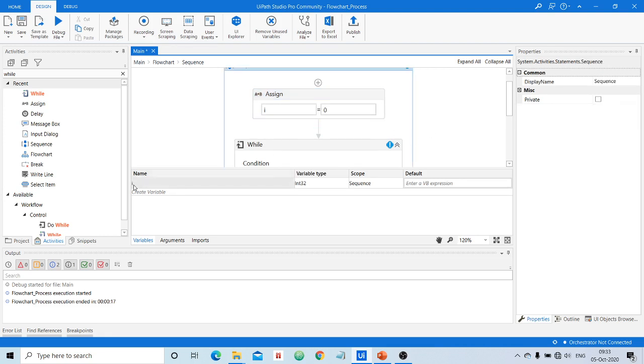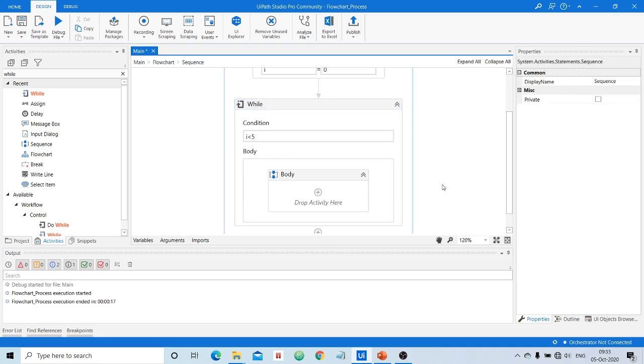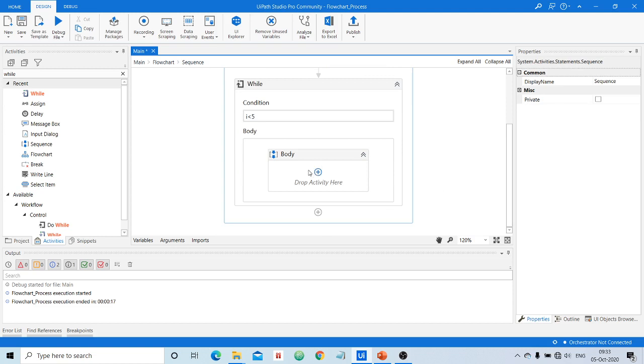So we have a looping variable called I, and the initial value of I is 0. Now here I will specify the condition: until I is less than 5. Less than, greater than or equal to, all these relational operators can be used here. We shall see those with a few more examples in the coming classes. Then we need to write the value of I onto the output panel.